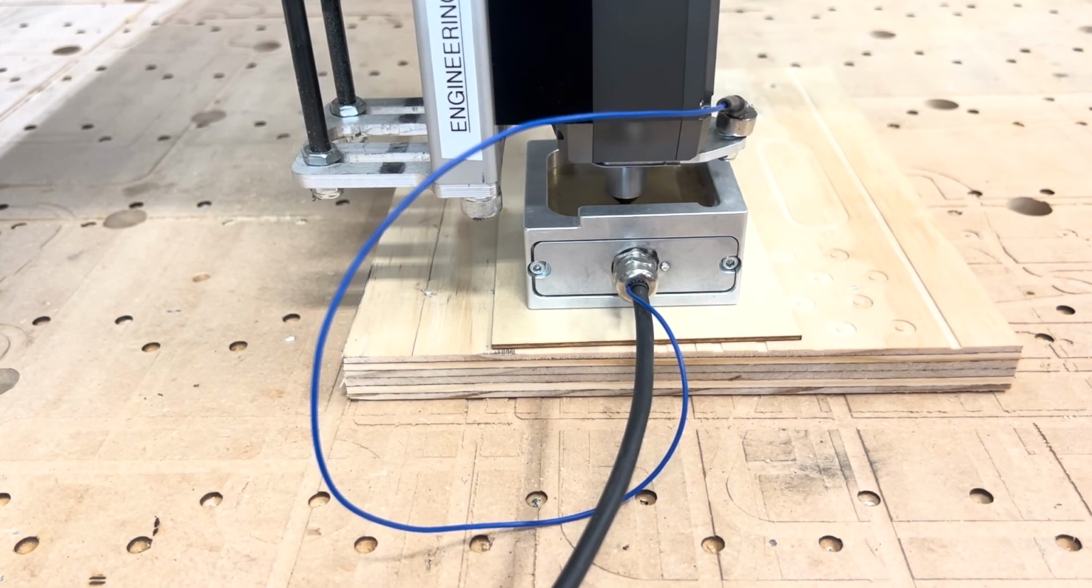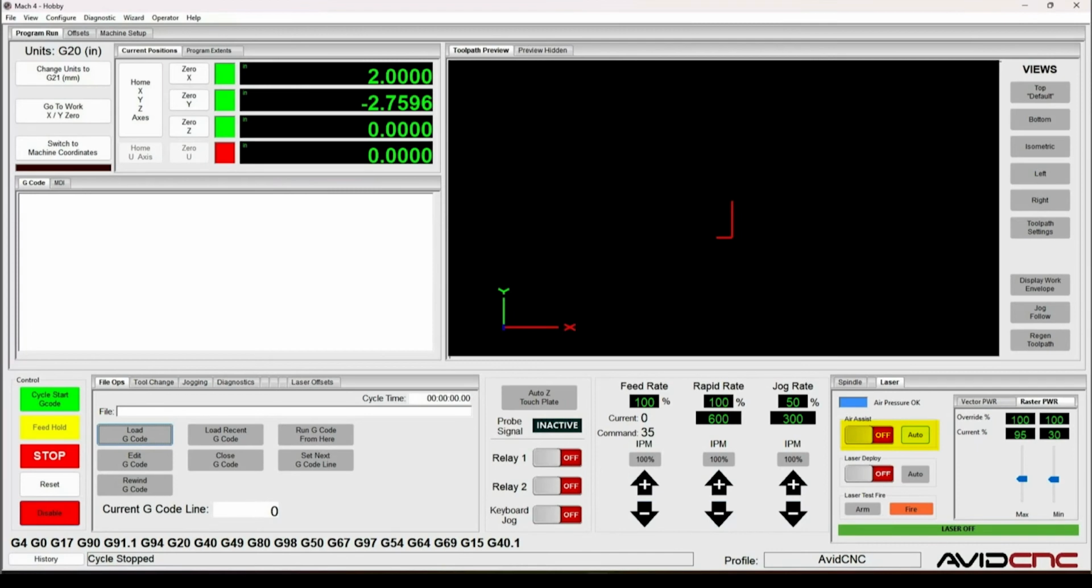And we're going to check a couple things before we start. We're going to want to turn our air assist to automatic, and we're going to want to make sure our laser deploy is at automatic as well. Also, there are 2 tabs under the laser tab. One is for vector power and one is for raster power. Since we're doing a raster, we are going to want to check the raster power